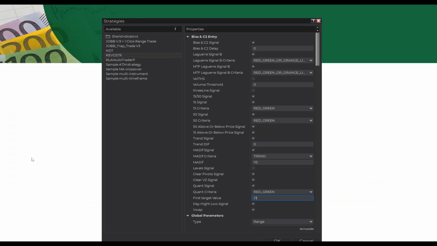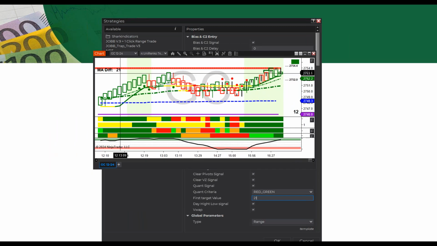Now, the MA diff, I'll pull over this gold chart. We have the MA diff. Each market with each bar size uses a different MA diff. So what is it? The MA diff is the moving average difference. How far away from the 50 are we? In this case, markets are kind of closed, but we're only 21 away from the 50. On gold, we don't trade above 30.